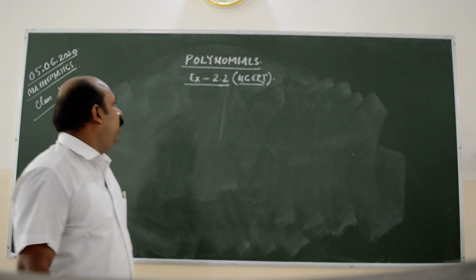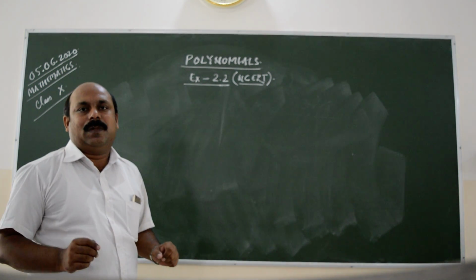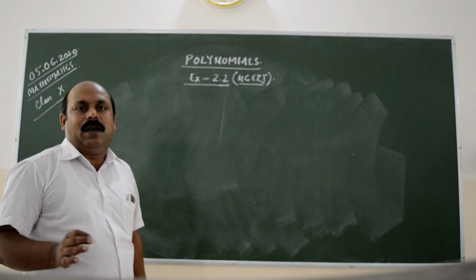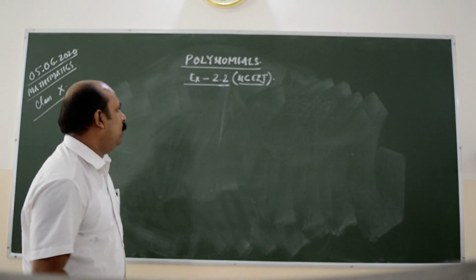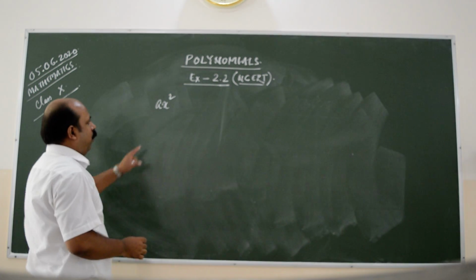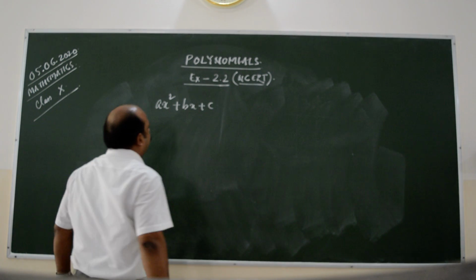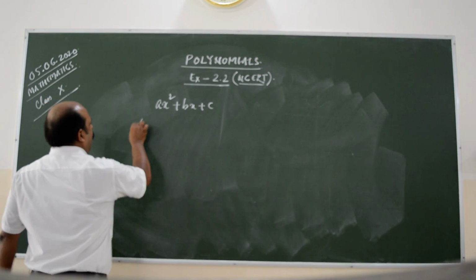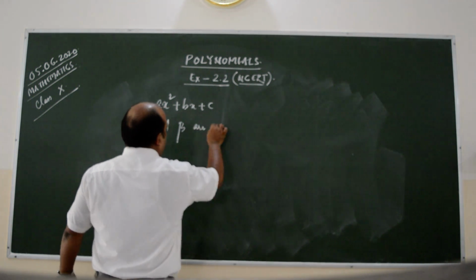Today we are going to deal with the second exercise of the second chapter, polynomials. Now this exercise is based upon two concepts. First one is if there is any quadratic polynomial of the form ax square plus bx plus c such that alpha and beta are the zeros